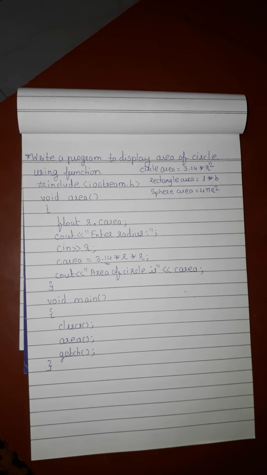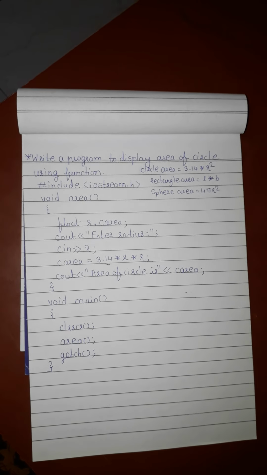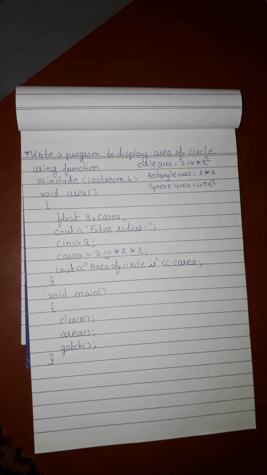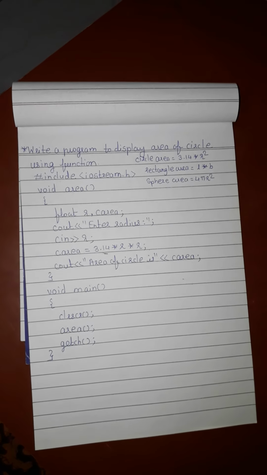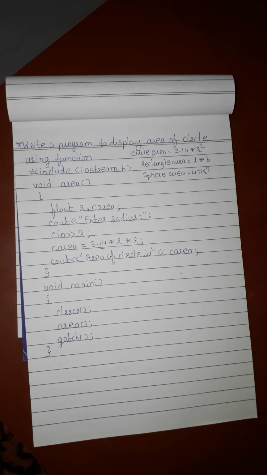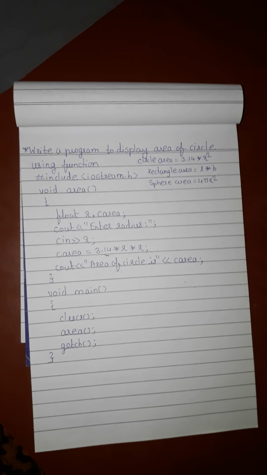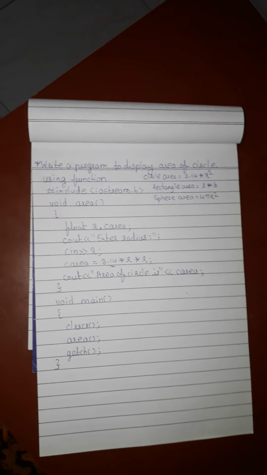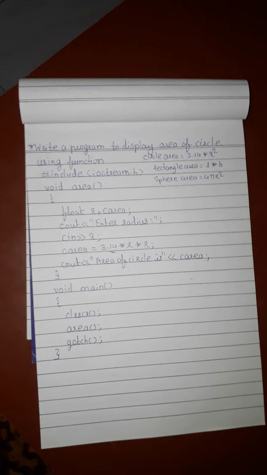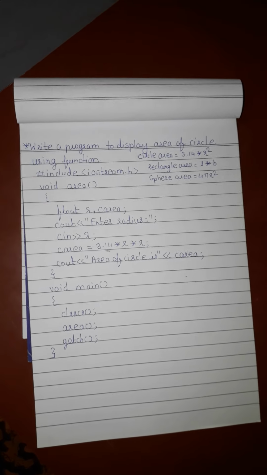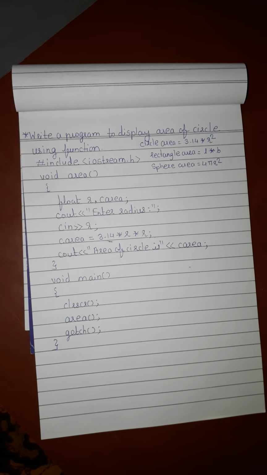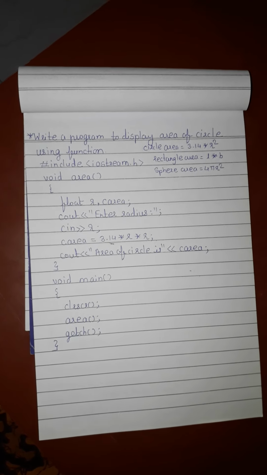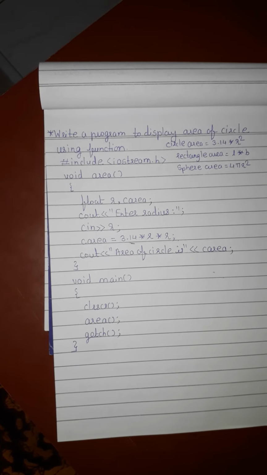So this answer I have given to you. We have created one function, that is area, which will calculate the area of a circle. It is not specified that we have to create a parameterized function only or a parameterless function only, so it is totally dependent upon us whether we create a parameterized function or a parameterless function. In this example I have given a parameterless function because I feel this is the easiest way to write the program. Now we are just executing the program.